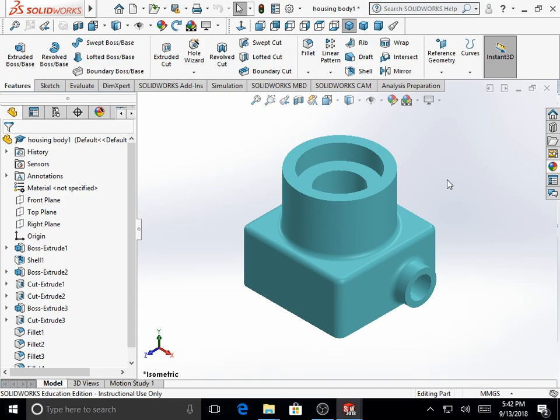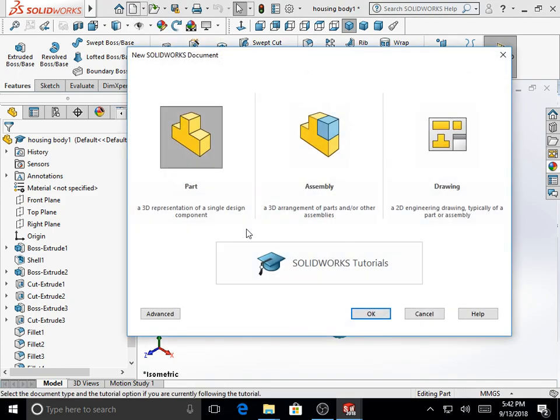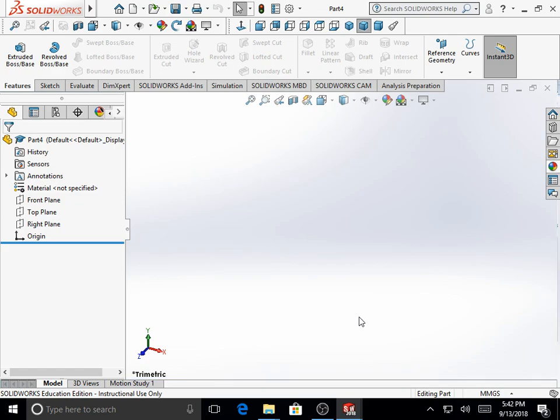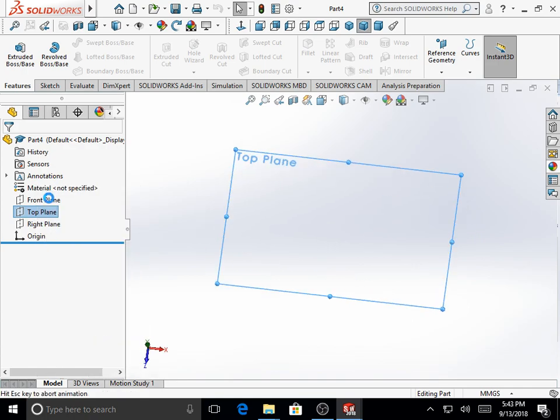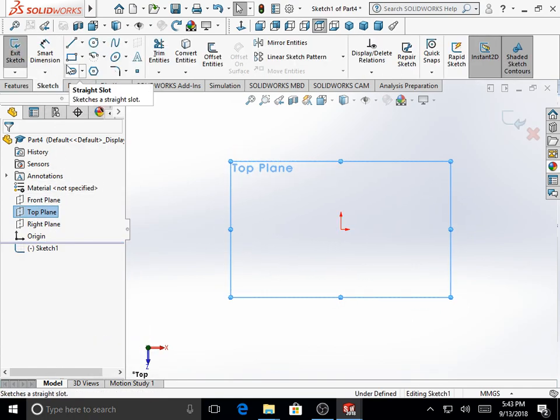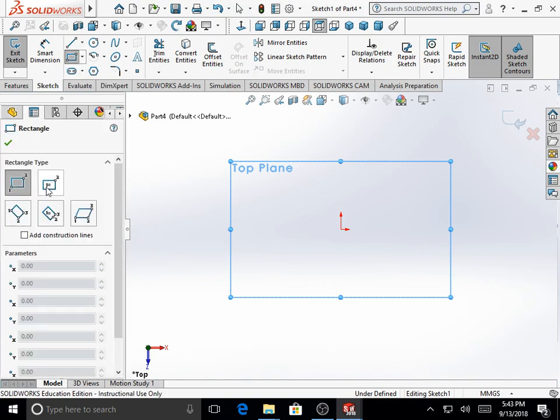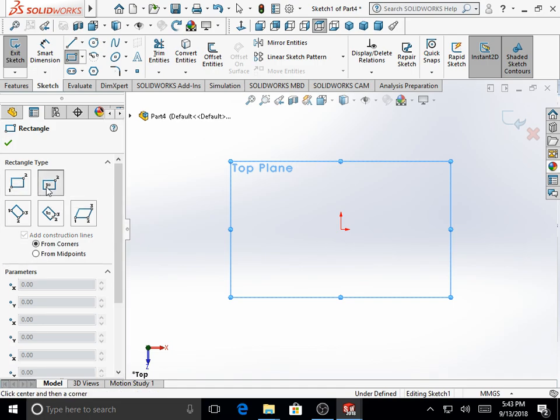To start with, we select the New under Standard toolbar, select Part Document, say OK. We start with the top plane to sketch the square for the base. We select Sketch. Under Sketch toolbar, we pick the corner rectangle, and the rectangle type we select Center Rectangle and assign the center of the rectangle as the origin